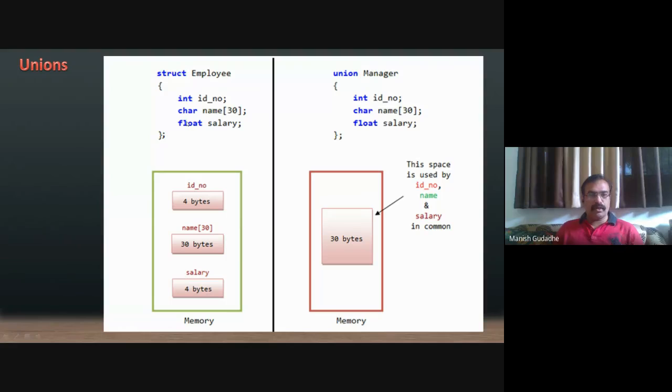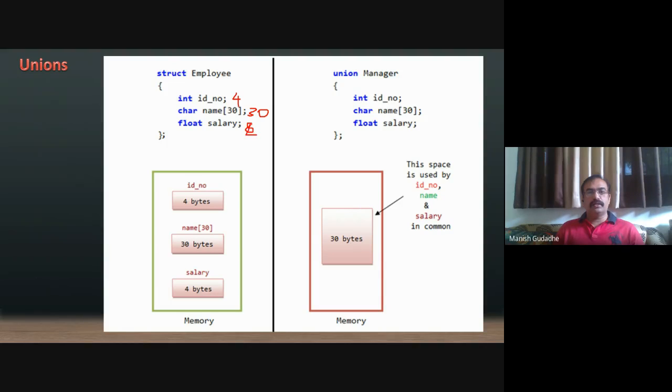Let us see one more example. We have an ID number which will take 4 bytes, a name which is going to take 30 bytes, and a salary which is going to take 4 bytes.